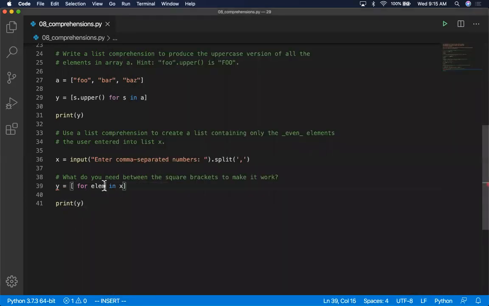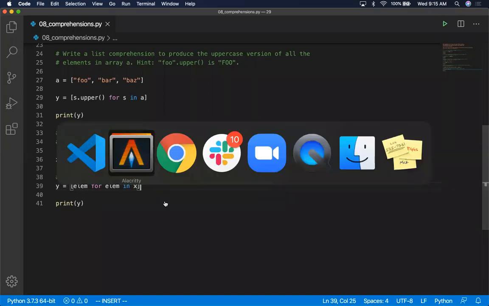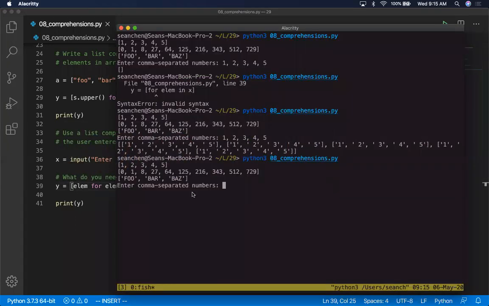I wasn't actually getting each individual element from X. I was saying, hey, just put the whole list in, which is why that was wonky. So now if we do that, I think that is